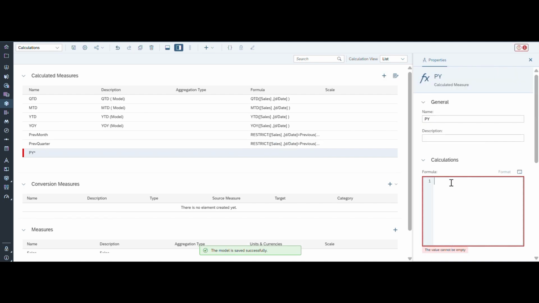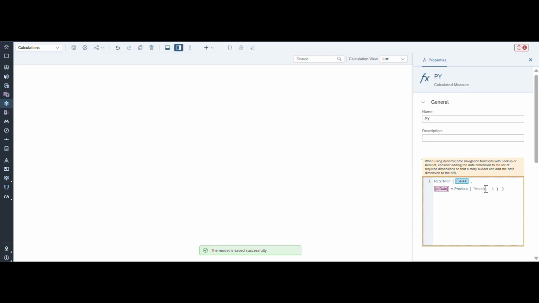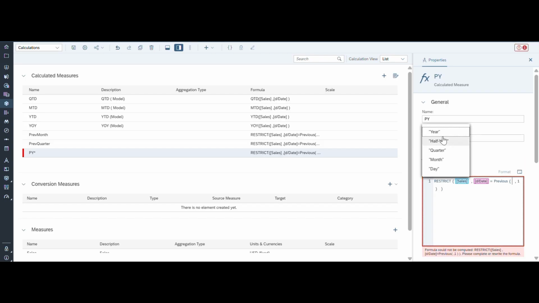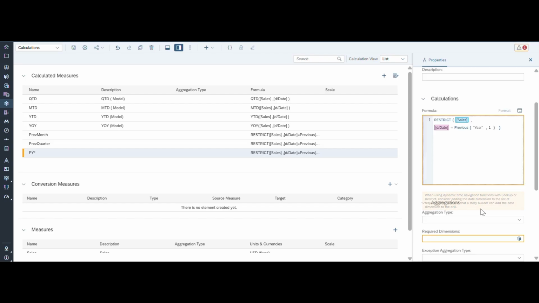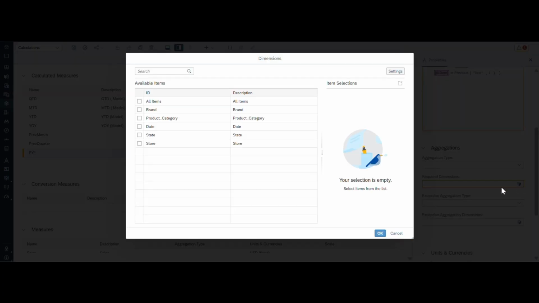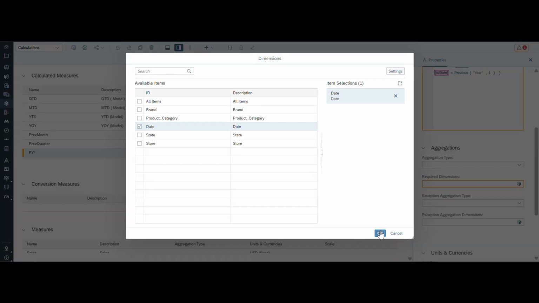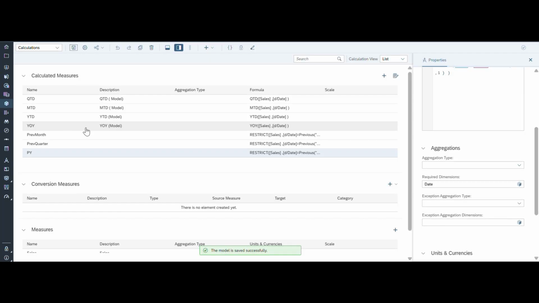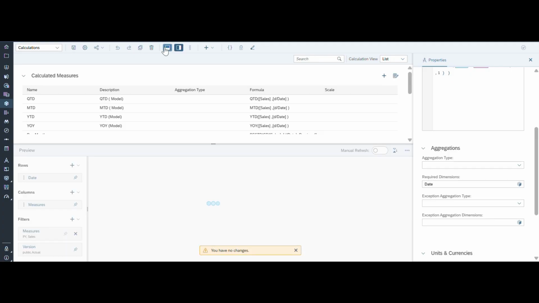Similarly, we will be creating previous year, and again copy the formula. Instead of month, the granularity will be year and go back 1, and in the required dimension we will be adding the date. Again save. So now we have created the previous period related formulas also. We can go back to previous month, then previous quarter and previous year. I will save this, and again we can view these formulas in the data preview,